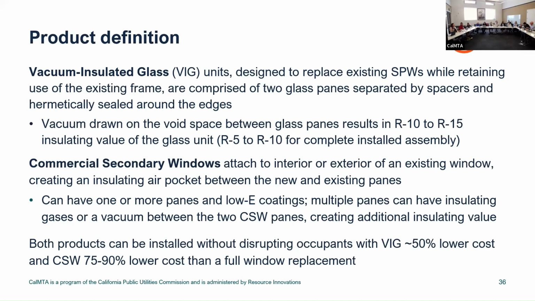Benefit of that is it's a very quick install, and even with a relatively simple secondary window, you're creating an extra thermal insulating pocket. There's a space between that window and the one that you're attaching. So there's energy benefits from the secondary window itself and an incremental benefit from this extra pocket that you create. Again, relatively easy to install. Overall, energy saving performance tends to be a little bit lower than the VIG by itself, but when you look at it from a system level, they become comparable.